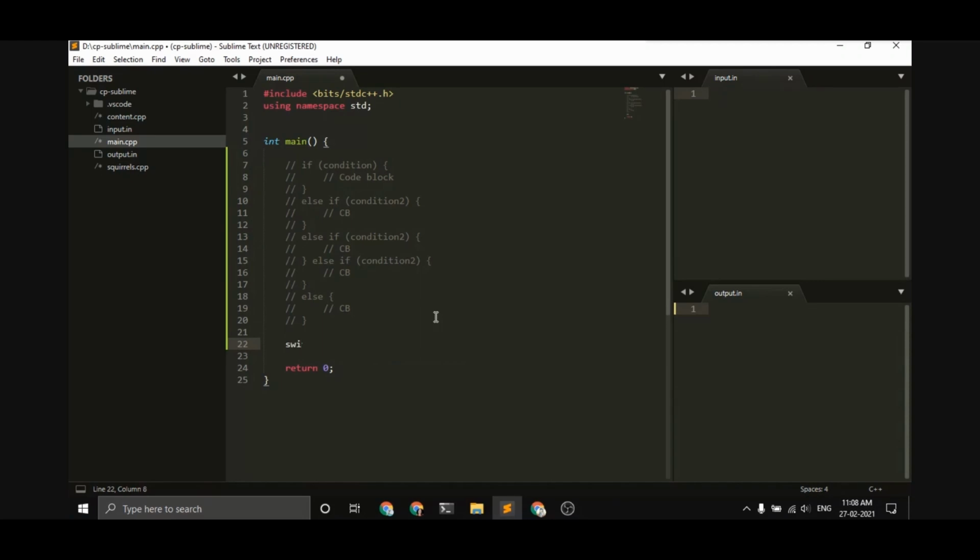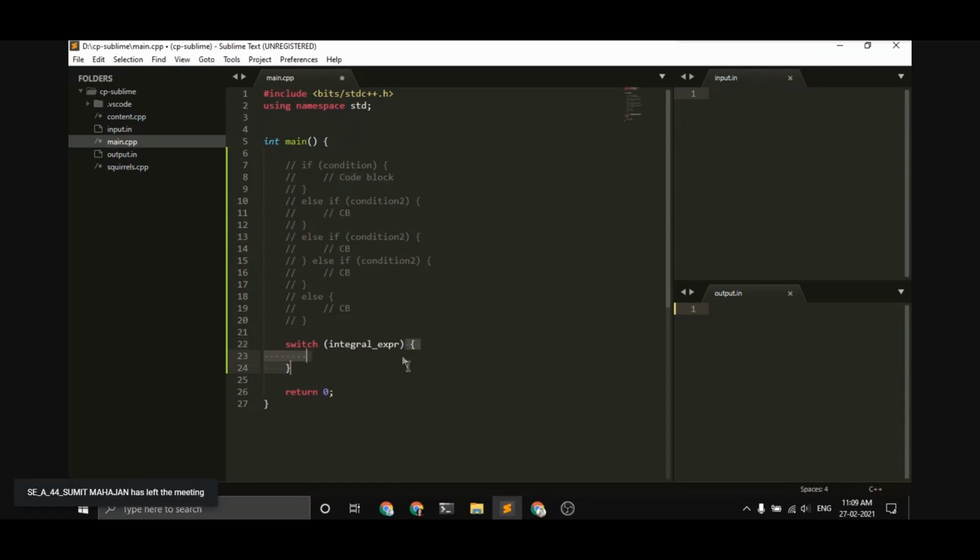So for that, we just write the switch case. The switch case is used when you want to compare an integral value with many different values. So the syntax is like this. Here you have an integral expression, so any expression that will basically evaluate to an integer, or a variable which is an integer expression.